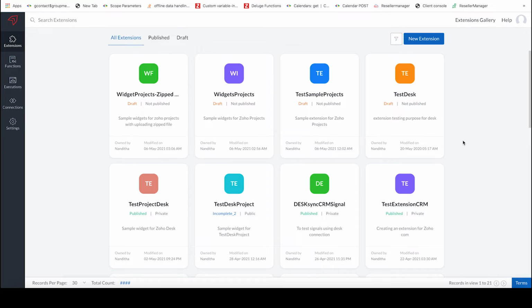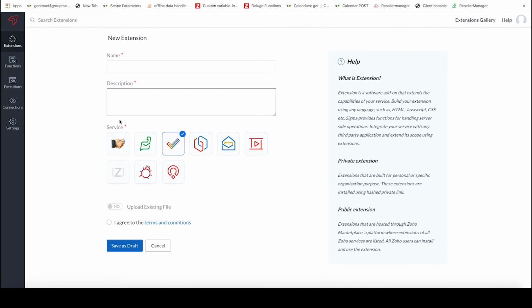Now that we are going to create a new extension for the service Zoho Projects, let's go ahead and choose the new extension button. We are going to choose the service as Zoho Projects. Let's provide a name and description for the extension. Once you have given the name and the description for the extension, you can either choose to enable or